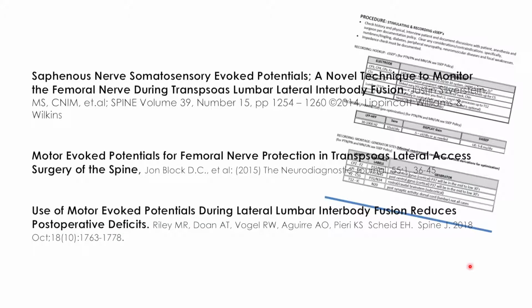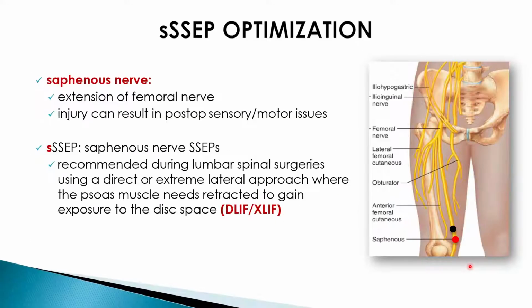If you're writing a policy for saphenous nerve SSEP, I suggest these 3 publications to start with. They're very good on a technical level and have a lot of great information. The saphenous nerve is an extension of the femoral nerve, and an injury in surgery can cause sensory and motor issues. The saphenous nerve SSEP is recommended when the surgery being performed is a direct lateral interbody fusion or an extreme lateral interbody fusion, where the approach is lateral and the psoas muscle needs to be retracted to gain exposure